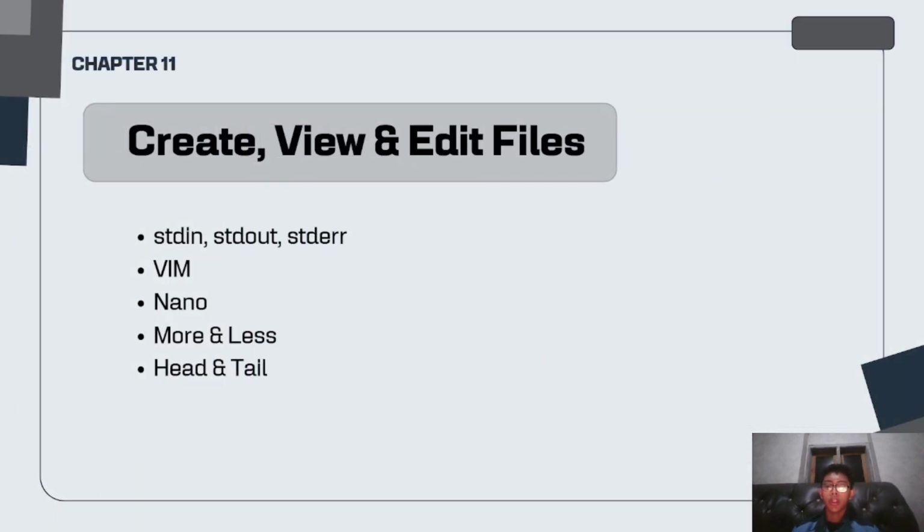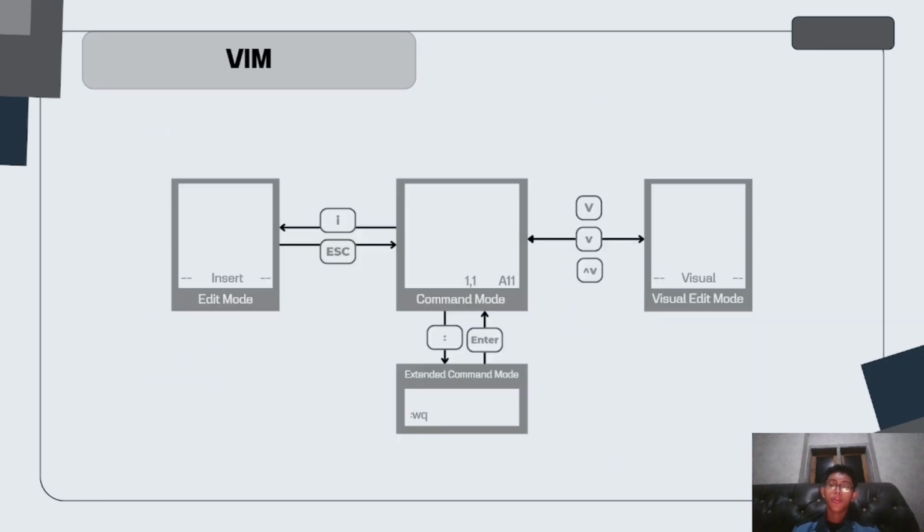And the next one, it is Vim. So for Vim, it is used when you want to add or edit some file. And for Vim, it is usually showing or by default gets installed on the Linux distro, and it is almost the same as Nano. But Nano is easier, but for Vim it is more complex.